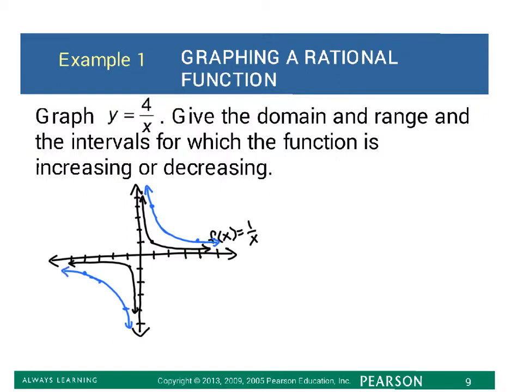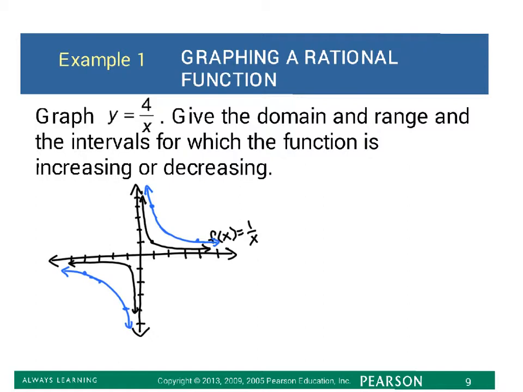And there. That's kind of the difference you're going to see between the reciprocal function of 1 over x and any other number over x. Okay, so there you go. There is y equals 4 over x. Now, it also asks us to give the domain and range and the intervals over which the function is increasing or decreasing. Well, the domain and range of this function is the same as what the domain and range of